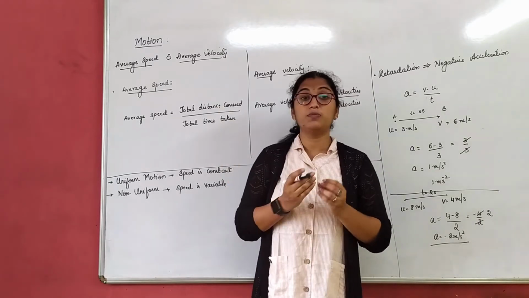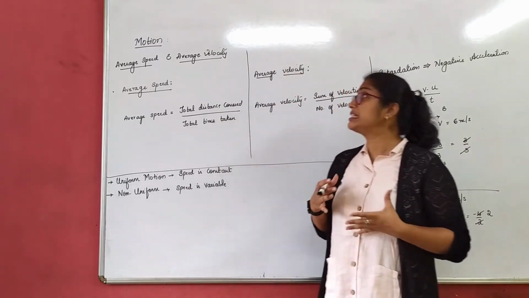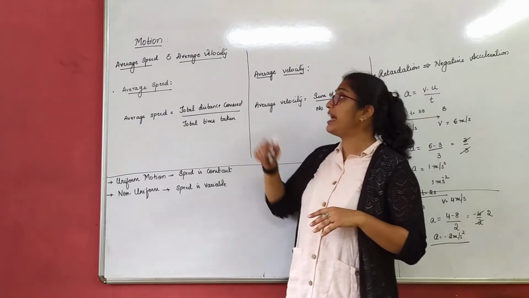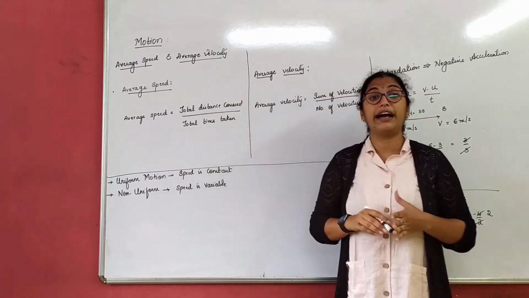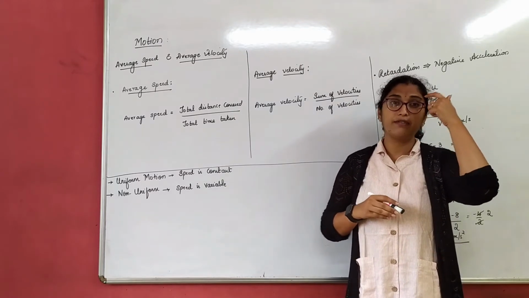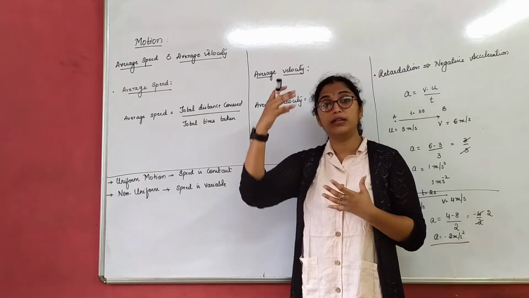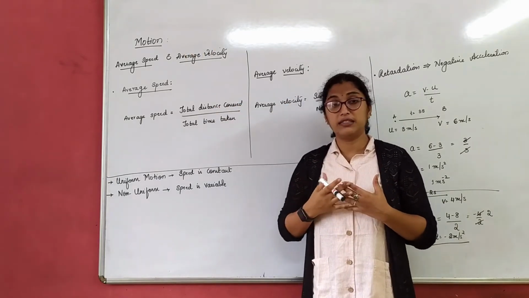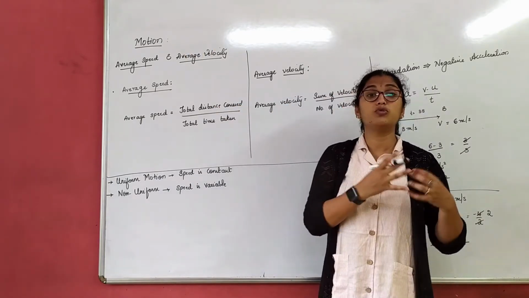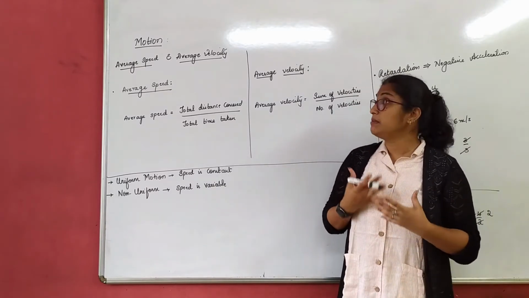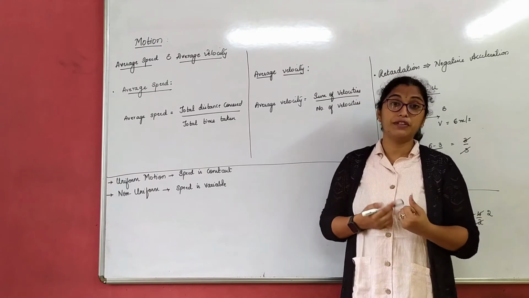Now we will go on to the known things we have already studied about speed and velocity. Let us understand what is average speed and what is average velocity. Now you might have all come across this word. Suppose a vehicle is moving and it has to go to a particular distance. It covers 2 to 3 different distances at different times. That means what is the average speed of the vehicle?